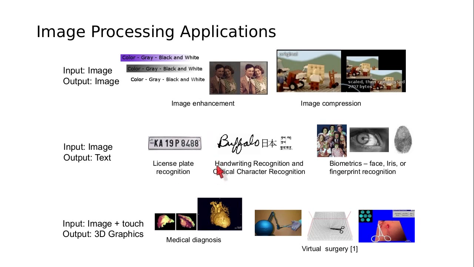Handwriting recognition and optical character recognition is also very popular. Handwriting recognition is the recognition of human written data. So if you are writing a piece of text on a paper, you might either want to scan that document in and then that is recognized, or you are writing with a stylus on a tablet. So both of these fall under the broad domain of handwriting recognition.